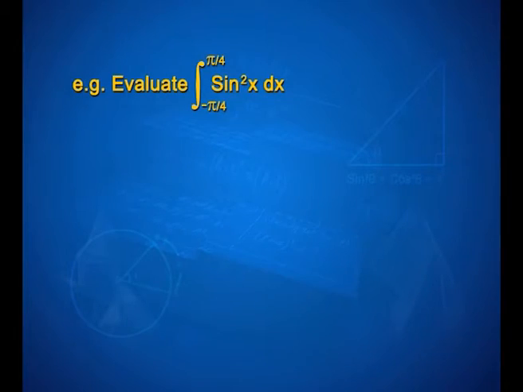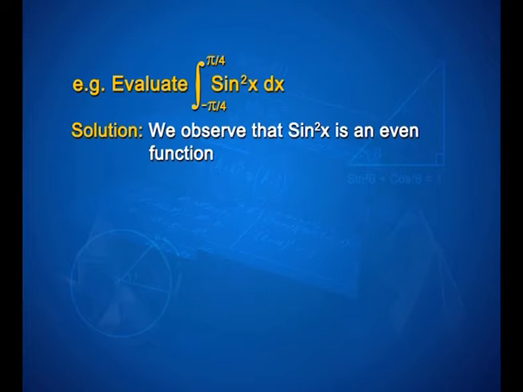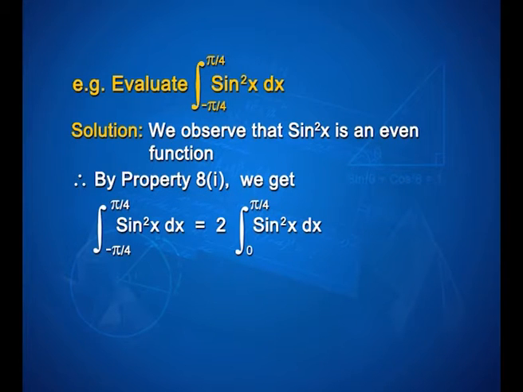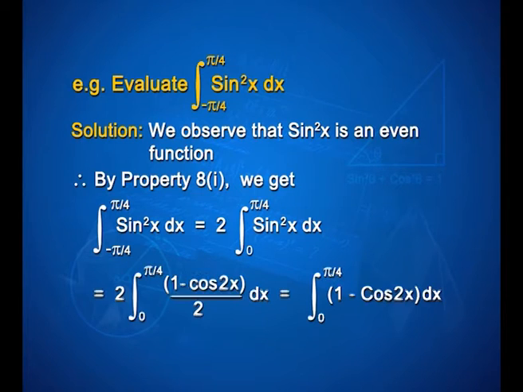Integral minus pi by 4 to pi by 4 sin square x dx. For the solution, we observe that sin square x is an even function. Therefore, by property 8, we get integral minus pi by 4 to pi by 4 sin square x dx is equal to 2 into integral 0 to pi by 4 sin square x dx, that is equal to 2 into integral 0 to pi by 4 1 minus cos 2x upon 2 into dx, that is equal to integral 0